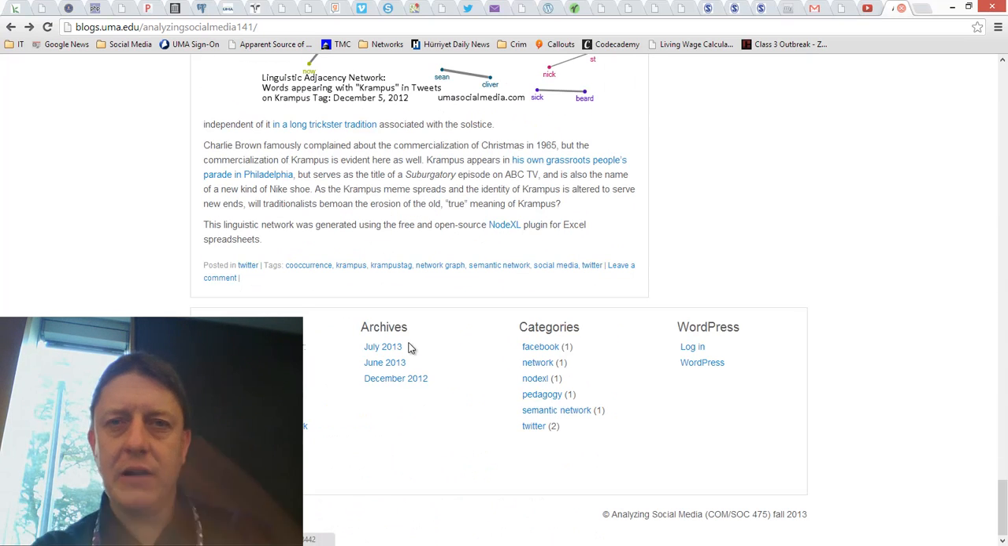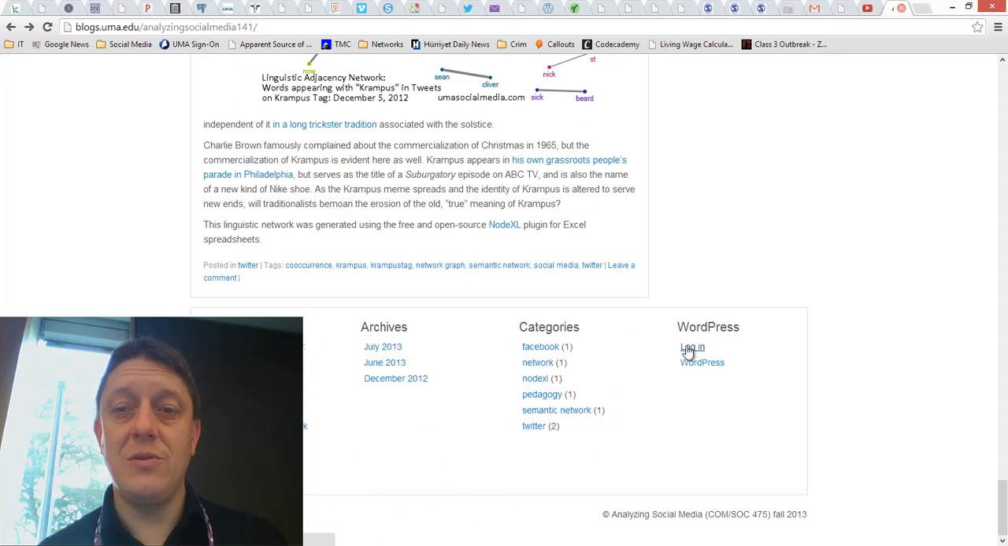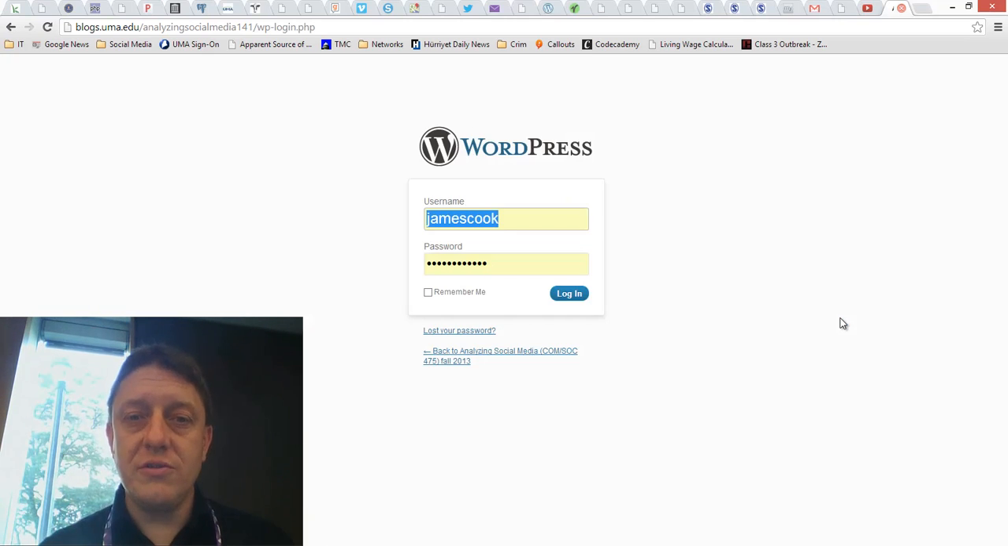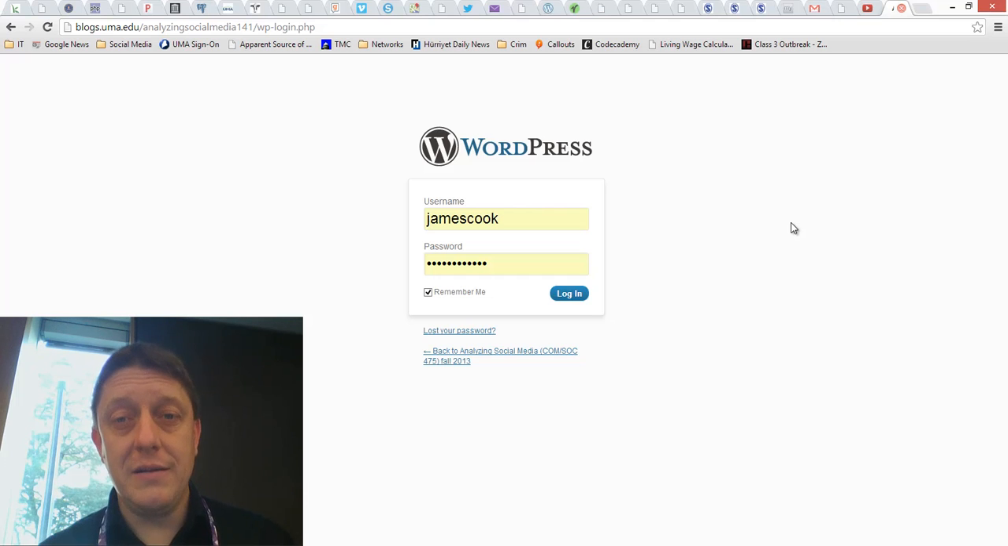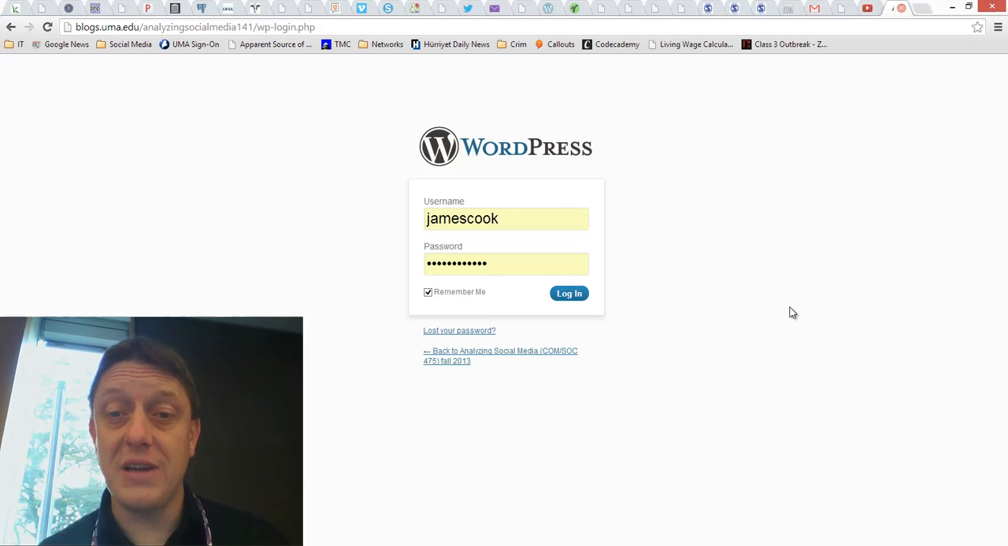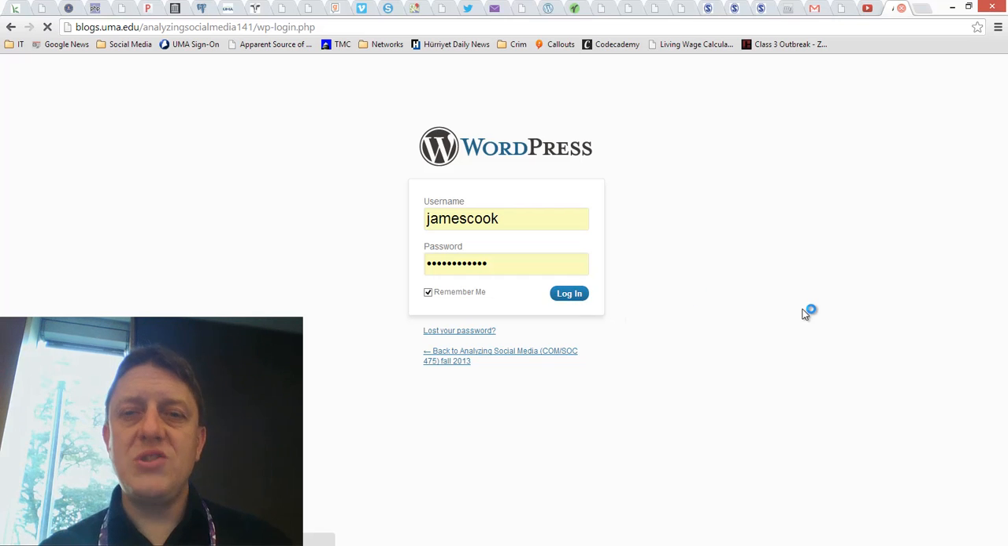Go down to the bottom and look on the right, and under WordPress you can click a link that says login. Then you would put in your username and password. This is mine, and I'm going to click remember me so that I can log in again. I encourage you to do the same. If you click lost your password, your password will get sent to your email address again. Once you log in,